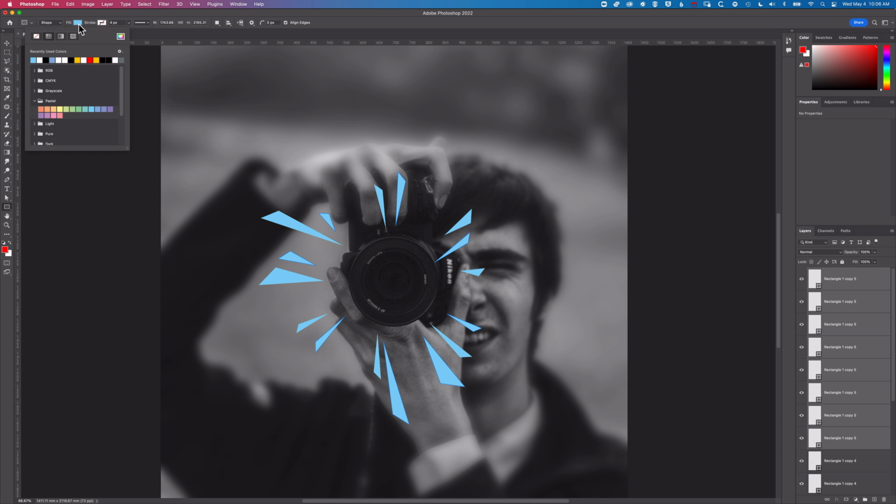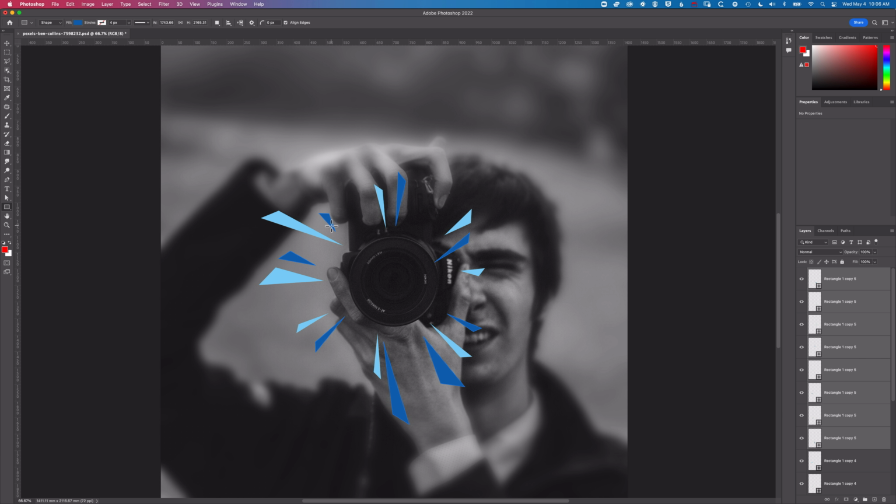And because all these layers are selected, they're all vector shapes, it's going to allow me to change the color of all of them. So I'm going to come to a different blue, and you can see we can change the color of this particular blue. And then again, I'll go back to my Move tool, hold down Command, click on the background, and then we'll just move these around again and start to add that little bit of randomization in the size of